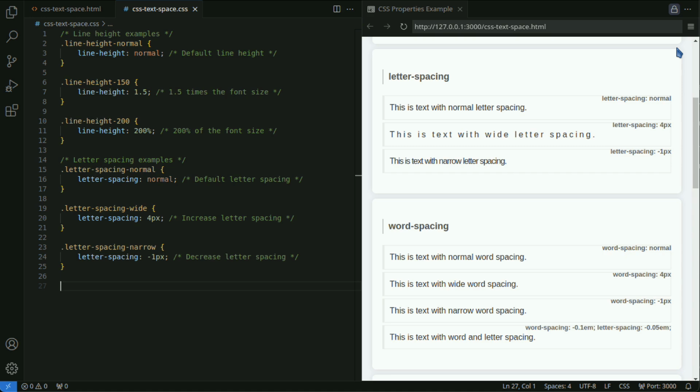Letter spacing is a property that adjusts the space between letters, affecting both design and readability. You can increase spacing with positive values and decrease it with negative values. It's effective for titles and specific design elements, but be careful not to compromise readability. By using this property, you can adjust the appearance of text and achieve attractive designs.